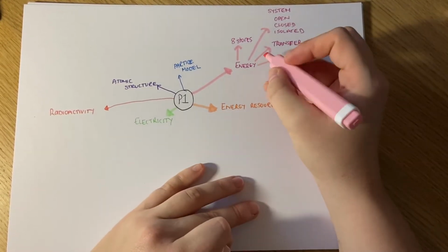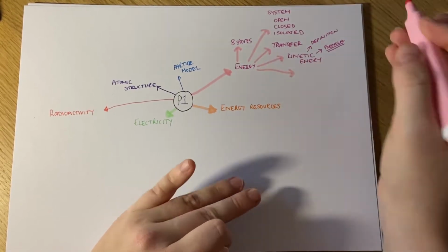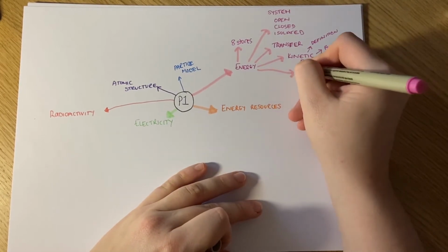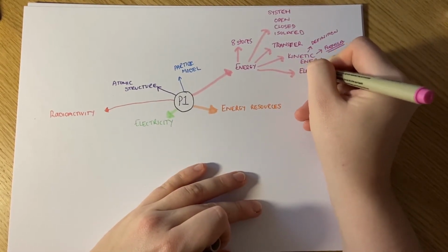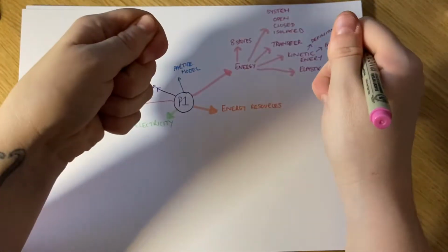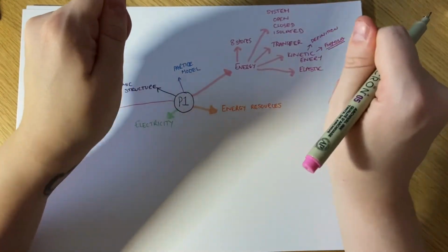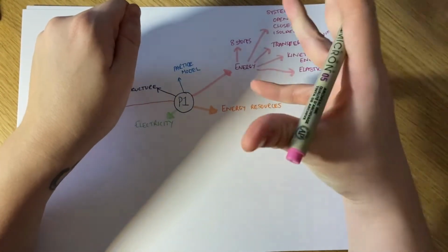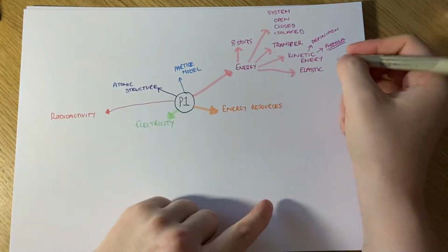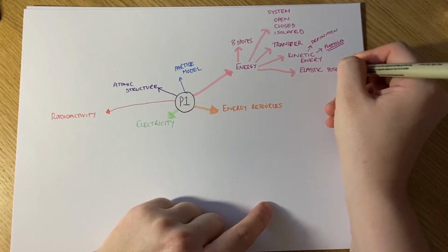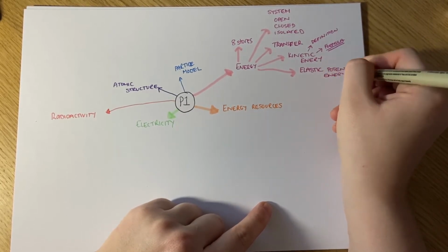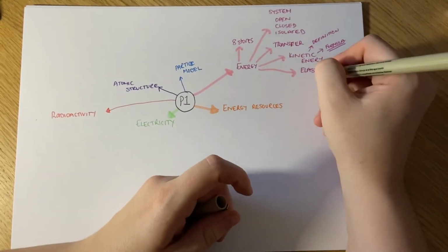The next one you need to know is elastic potential energy. And elastic potential energy is exactly what it sounds like. It is the energy stored when something elastic is pulled. So at that moment when you pull like an elastic band or a hairband and it's got that tension in it, and you know that when you let it go, it's going to spring back. Well, whilst it's been pulled and held, that has got elastic potential energy. So here, apologies, it's a long old phrase. Here, you need to know your definition,